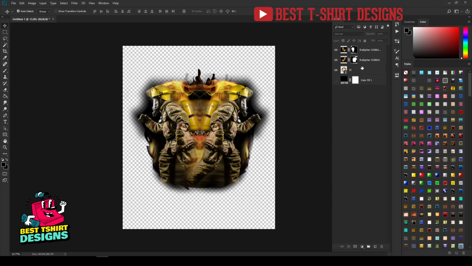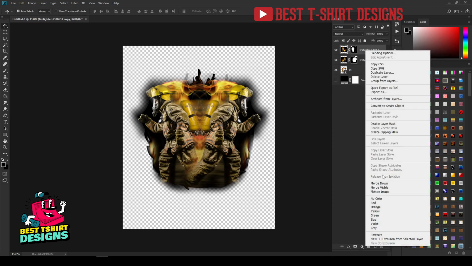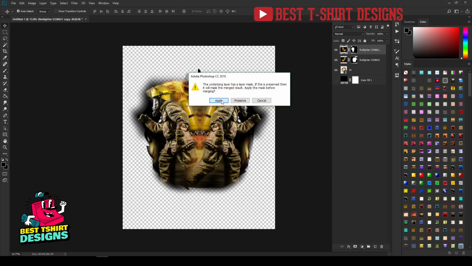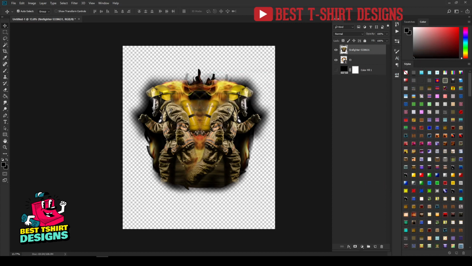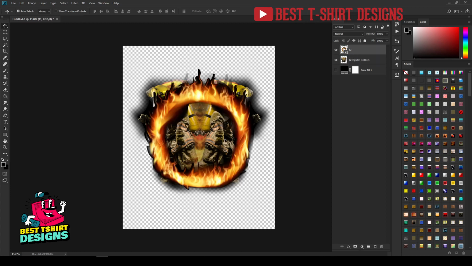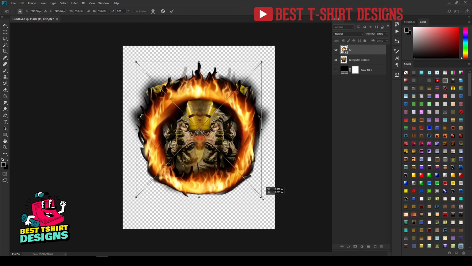Now I want to put my flame, the flame ring, on top of them. For that, there are two layers, so I can simply right click on this layer and then merge down. That will make it one layer, you can see, and it is becoming a transparent PNG image. That means I cannot bring those details back anymore, but that's okay for me. So let's click on this fire flame layer and bring that on top. It is kind of looking like this. Let's press Ctrl T to make it a little bigger, something like this.